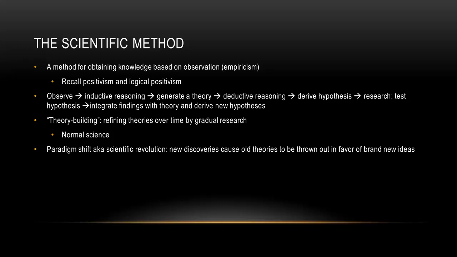So when we say that a theory is testable, that's what we mean, that we can use deductive logic, and hence this is called logical positivism, because now we can derive this hypothesis deductively from the theory, and then we can test the hypothesis, right? We can actually do that research and see if the findings support what was predicted. Typically, hopefully, what we find is yes, in which case we're able to assimilate those observations into the theory, which helps us gain some confidence that this theory is correct. Sometimes, however, we might find some unexpected results, which might cause us to go back, maybe not throw out the theory entirely, but modify it a little bit, shape it, improve it.